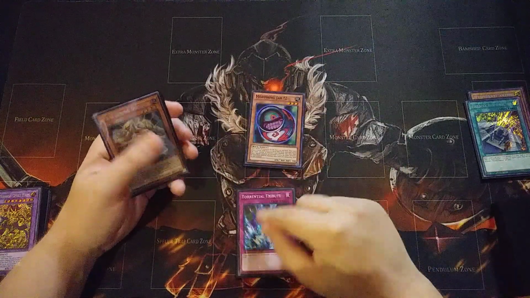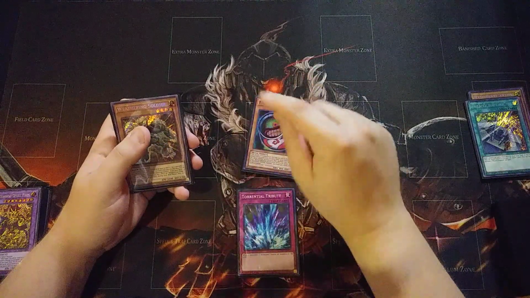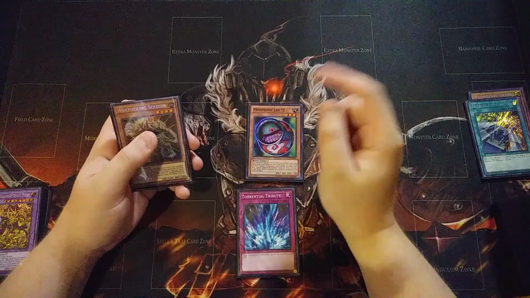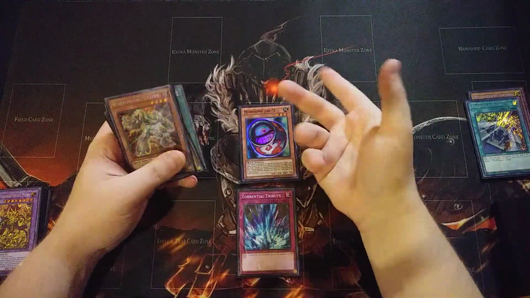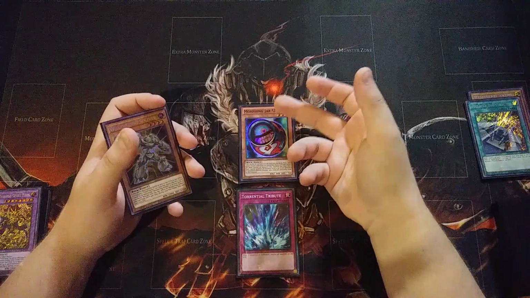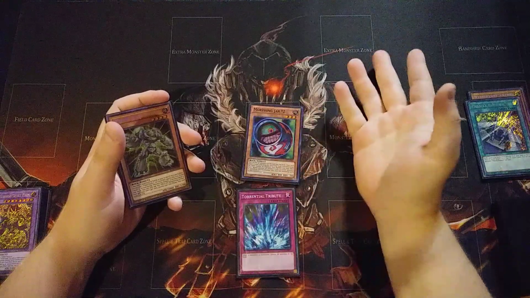Or you can flip the copy of Morphing Jar, and once you flip the Morphing Jar, you can just immediately shuffle back all their monsters, and then they draw cards, which is going to fill up their graveyard with monsters that are level 5 and higher, because they can't special summon anything that's level 4 or higher. Like, they can special summon 4, 3, 2, and 1 off the Morphing Jar, but if they have, say, 4